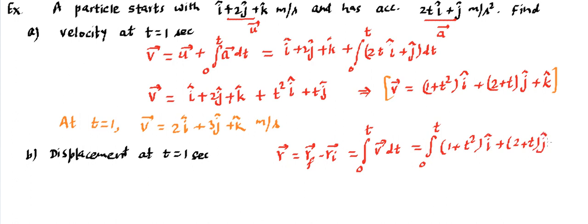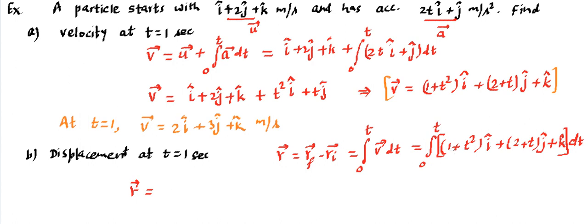There's a j cap and there's a k cap, and all this is to be integrated dt. So the displacement vector r comes out to be equal to, you go for this integration, then this separately. The first has to be broken into two parts, and i cap, j cap, k cap are constants, so this entire integration has to be performed. I'm trying to write it directly, and then you can take the baby steps to check whether you are getting the same stuff or not.